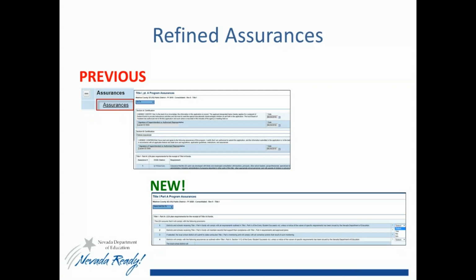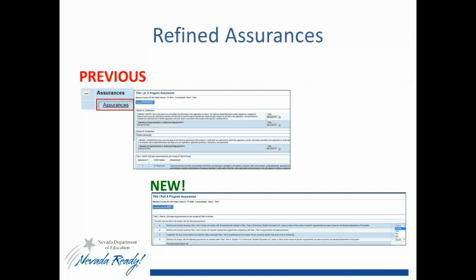The Assurances section. Assurance changes for FY20 were covered previously in Module number 1. Title I program-specific assurances have been refined. Now, global-wide assurances, meaning those that span across all federal consolidated programs, have been removed from the Title I grant